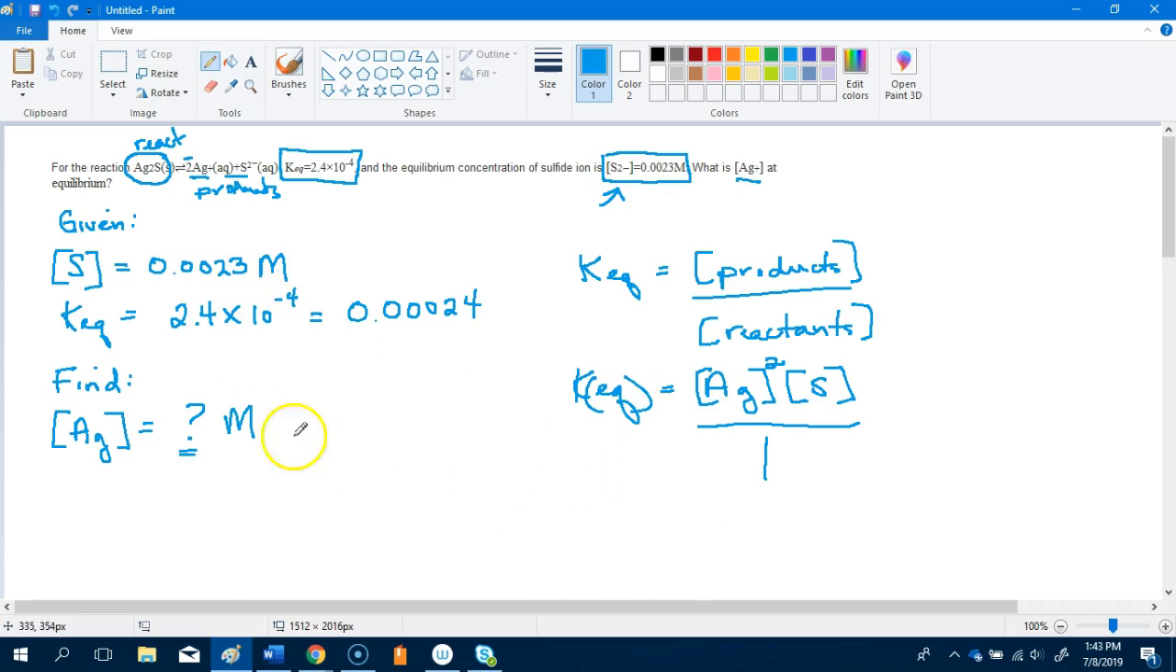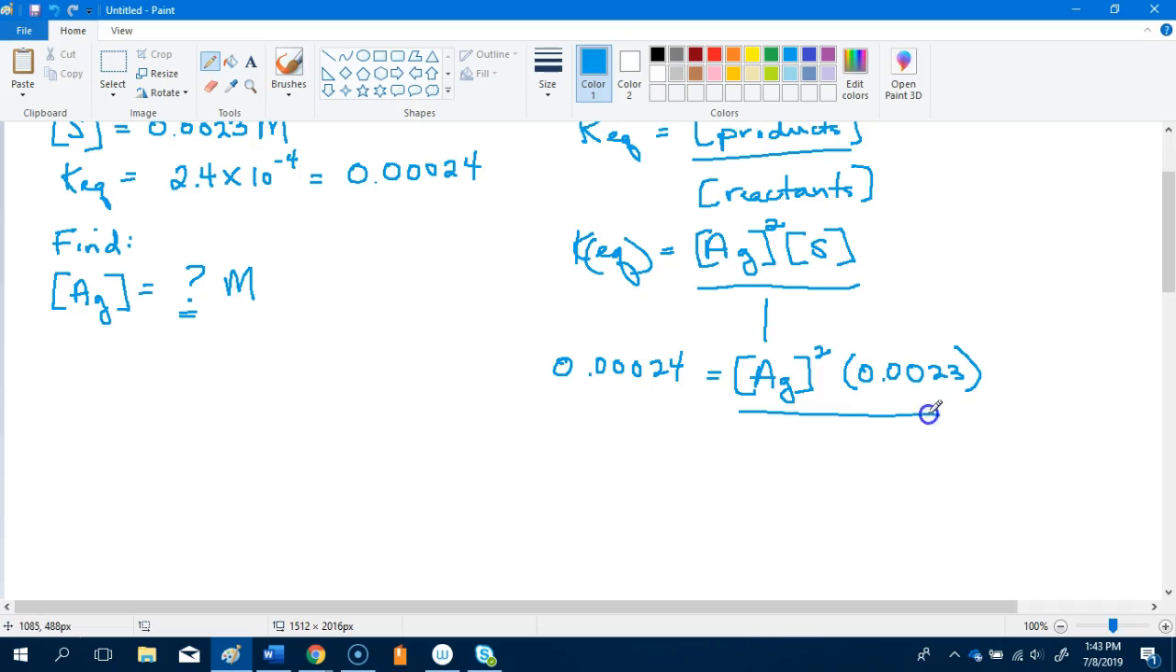Now what I can do is I can fill in the numbers that I have. I know that my equilibrium constant is 0.00024, and then I'm looking for my silver concentration, so that's my unknown, and my sulfur concentration is 0.0023, like that. And then I'm going to use algebra to solve for this. I'm going to first bring the 0.0023 over to the other side. I'm multiplying here, so the opposite of multiplying is dividing. That cancels that side out, and whatever I do to one side, I need to do to my other side. And then that's going to leave me with my silver concentration on this side, and 0.00024 divided by 0.0023 gives me